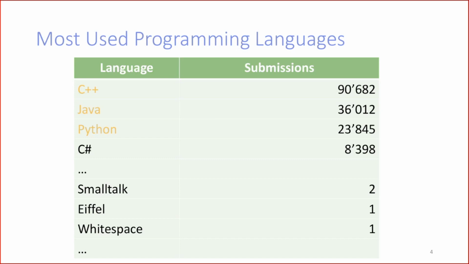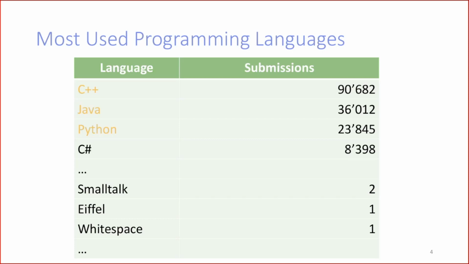So as I said, there's a huge variety of programming languages in all the submissions, but of course, as you can imagine, the usual suspects are at the top. This is the statistics for, I think, pretty much all of the data analyzed. It was not all of the 20 years of programming contests, but only 8, because after 8 years they changed the way in which the data is accessible. It was not so easy to mine, but still a sizable chunk.